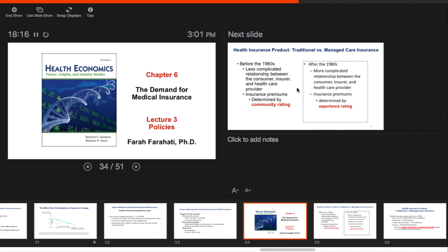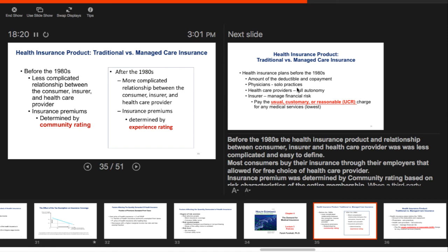Chapter 6, the demand for medical insurance. Lecture 3, policies. If you wanted to compare the health insurance product before and after the 1980s, we can see